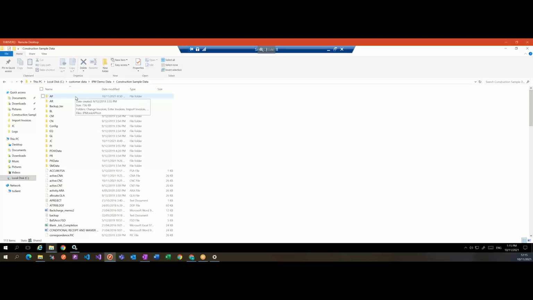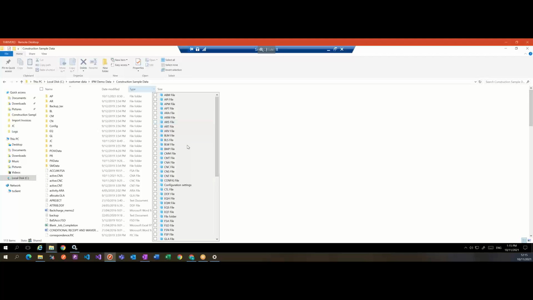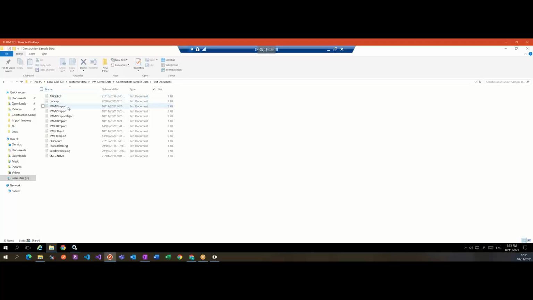And so when IPM Link runs, it will create, now this is specific to CRE, a text file and call some macros to import those text files. So if I just filter this by type equals text document, then I've got some AP import files. I've got my reject file here, so this is important. So this AP import file is